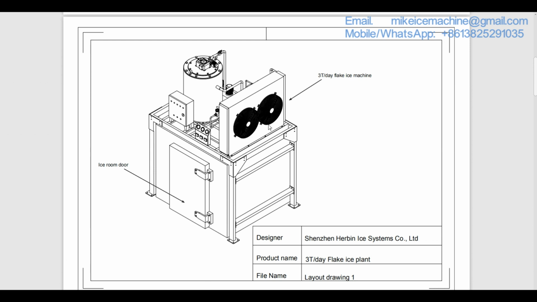And in the winter, one fan will automatically stop working and only the other fan keeps working, and this fan will be working with a VSD. It can automatically adjust its own working speed according to the ambient temperature. Sometimes when the ambient temperature is below 0, it will stop working. So it's a smart system.